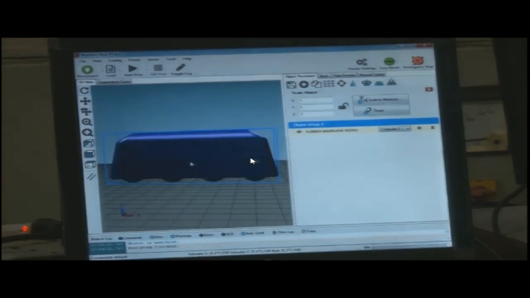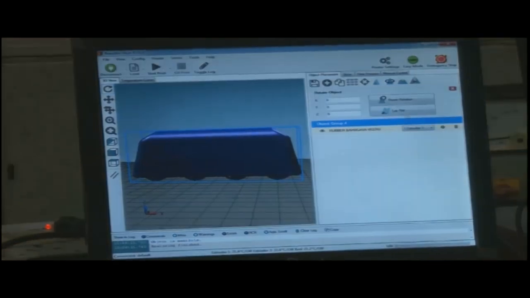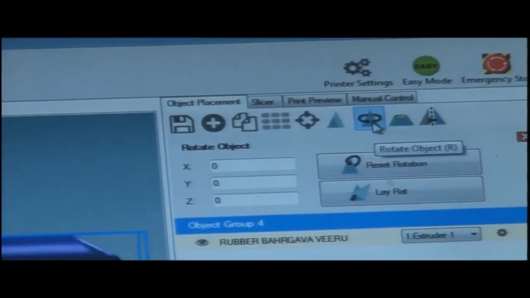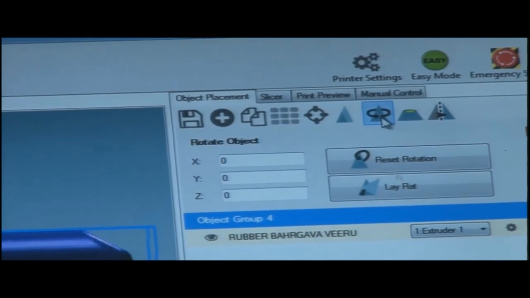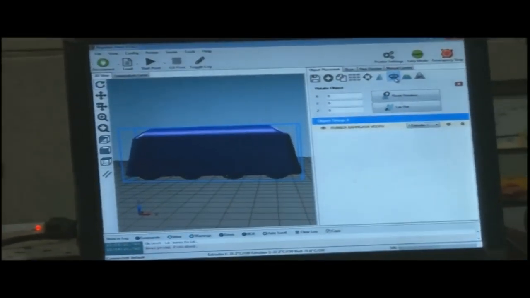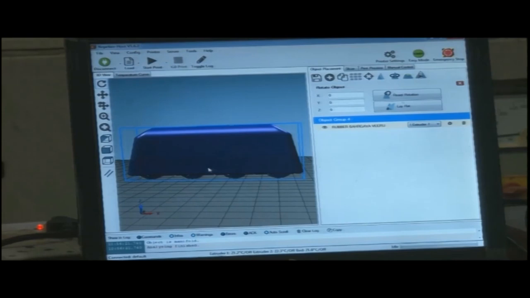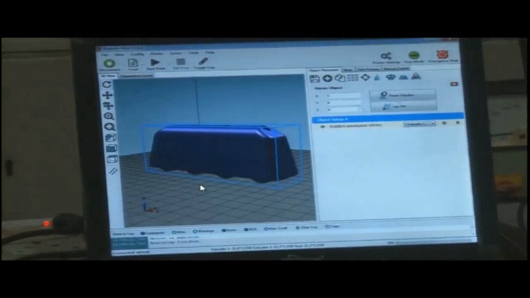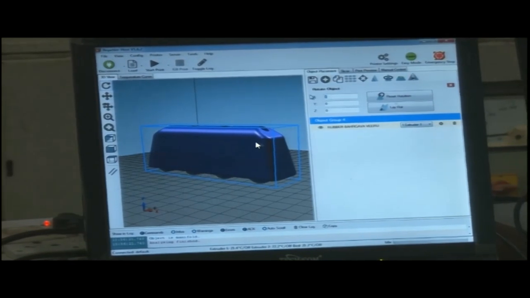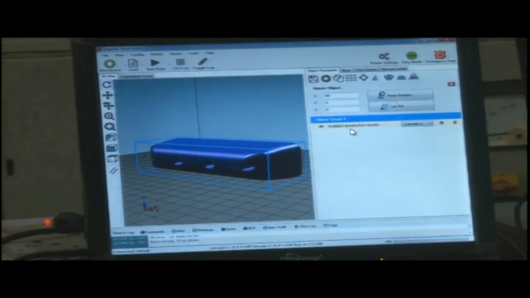The next icon here is rotate object. Like we have discussed, the placement or alignment of the object is very important in deciding the amount of support material that is used. So to properly align the job, like in X direction we have aligned it to 90 degrees.